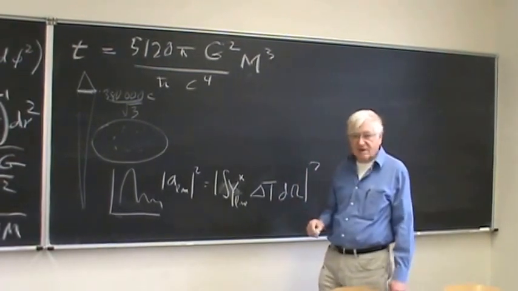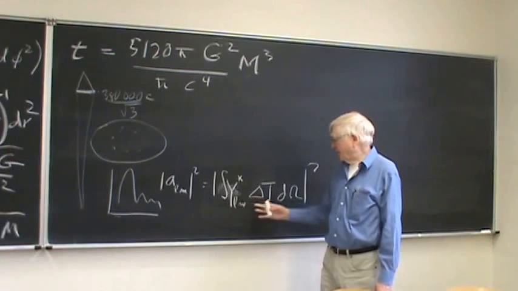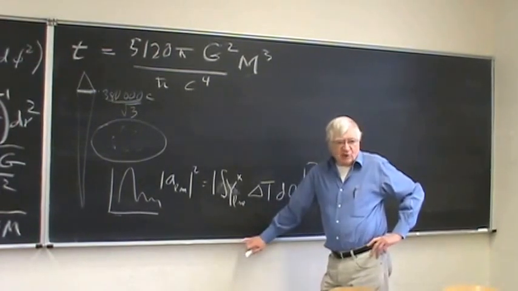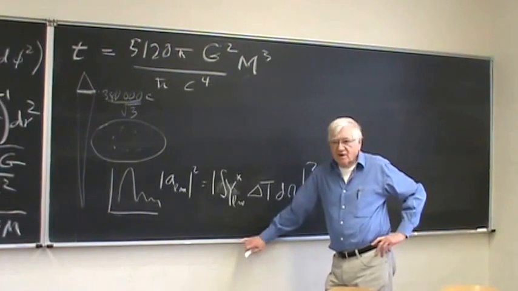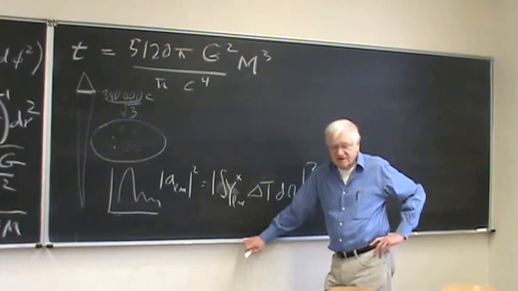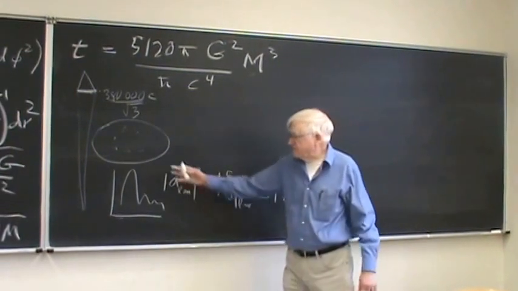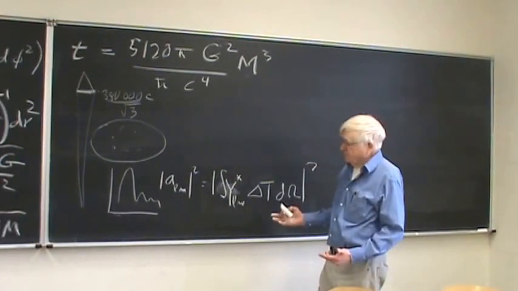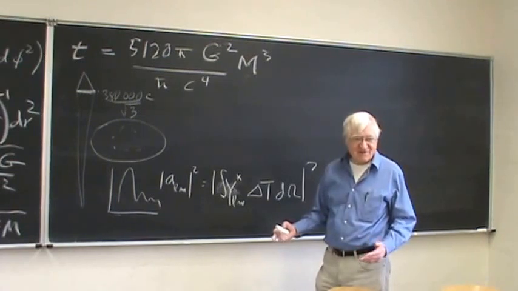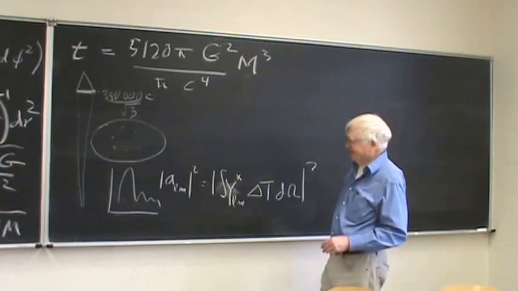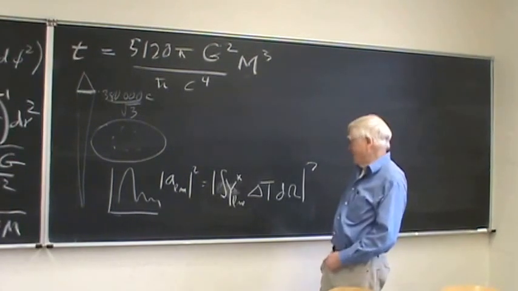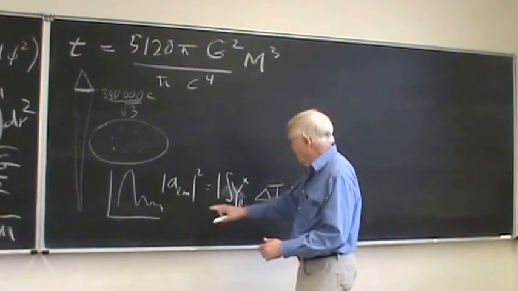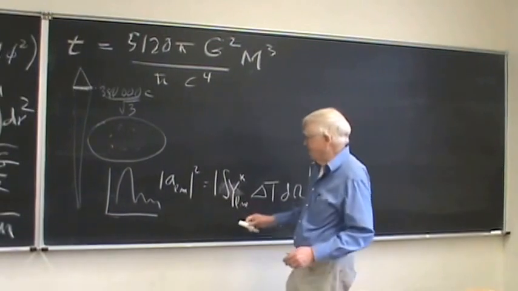Now, David Spergel was here giving a colloquium a couple of weeks ago, and he explained to me how to think about this. Of course, this is my version of his explanation. It turns out that you can effectively approximate this by